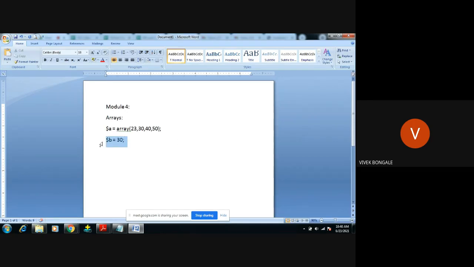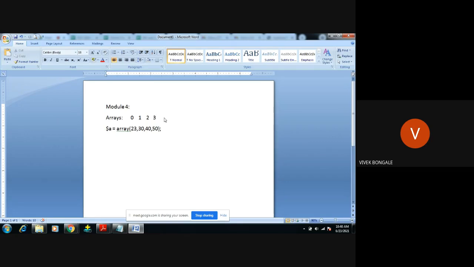Then how will it be managed in memory? Through an index. Index 0 is for 23, 1 for 30, 2 for 40, then 3 for 50.